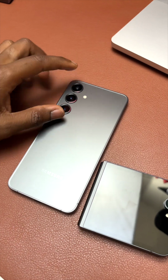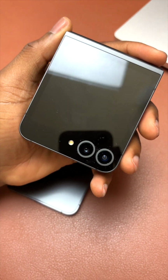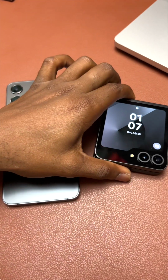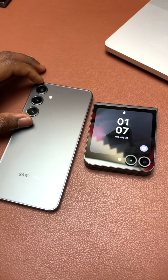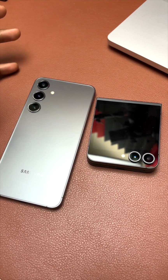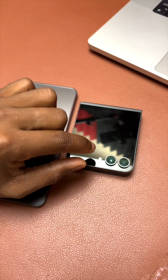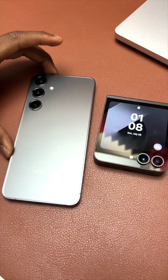In terms of camera, we have 3 here, and basically the 3 cameras on the back of the S24 Plus are not the same as this one. This one has only 2 cameras, and also the camera quality on the Galaxy Z Flip 6 is not comparable to the Galaxy S24 Plus. The S24 Plus has a better camera system, a better camera quality than the Galaxy Z Flip. But the only other thing here is that on the Galaxy Z Flip 6, you can use the primary camera, the main camera sensor, to do everything if you close the device and use the cover screen. But with the S24 Plus,